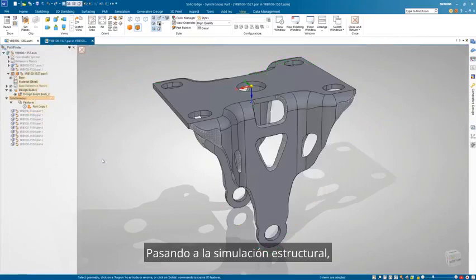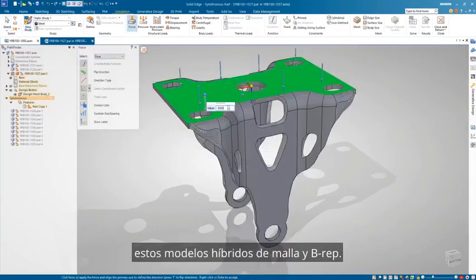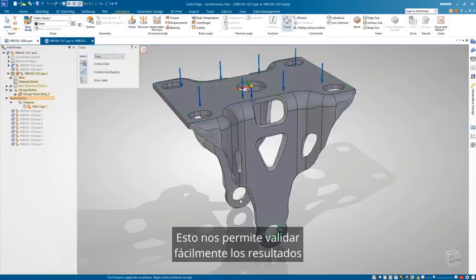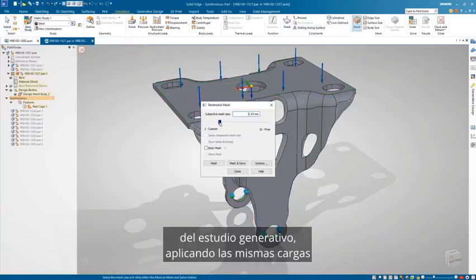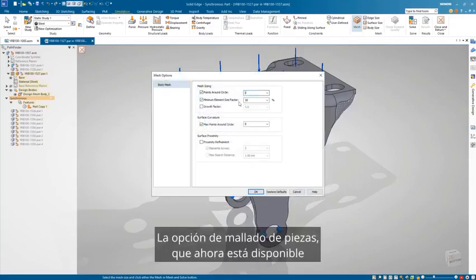Moving to structural simulation, Solid Edge now supports the ability to analyze these hybrid mesh and BREP models. This allows us to easily validate the results of the generative study by applying the same loads and constraints to a new study. The body mesh option, which is now available in the part, assembly, and sheet metal environments, has